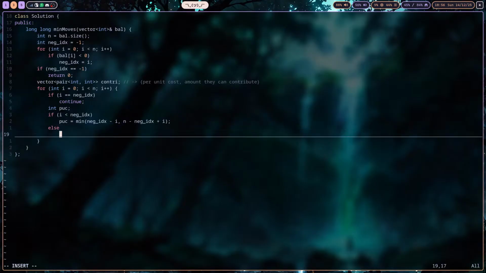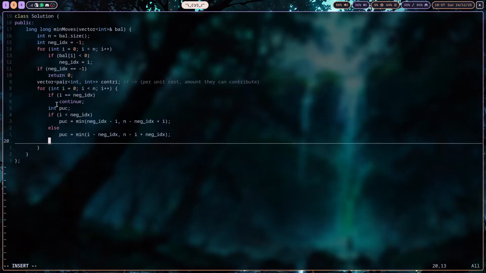Yes. Now the other case. This is the case where the negative index is lesser than I. So in this case, we just swap the values. It will be I minus the negative index and n minus I plus negative index. Okay. And finally, for each person, we need to push back the per unit cost and the amount they can